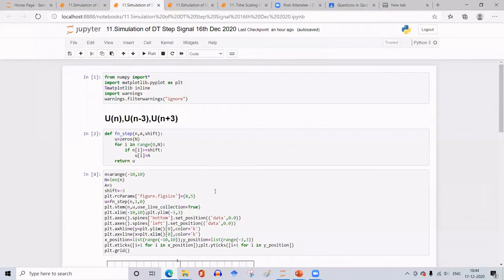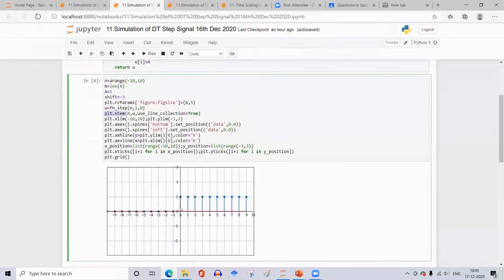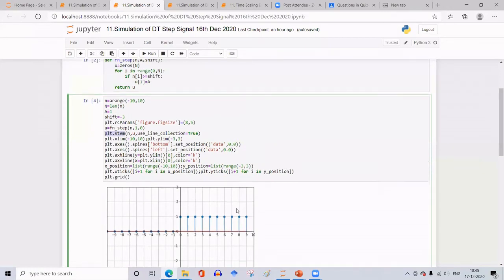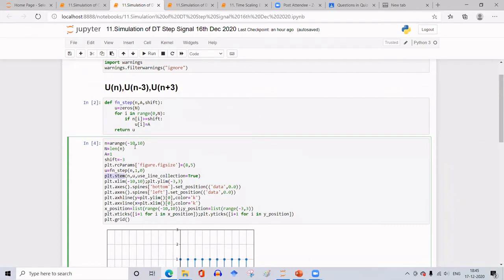To get the discrete plot, we make use of the function plt.stem, which will draw the graph like this. Like you are already familiar with MATLAB, using this in your DSP lab. We have plotted the stem plot. There also it is called stem plot, is it not? But now we cannot have so many points. Instead, we arrange the lower and upper limits by making use of this arange minus 10 to 10. So this will arrange from minus 10 to 10 in steps of 1.